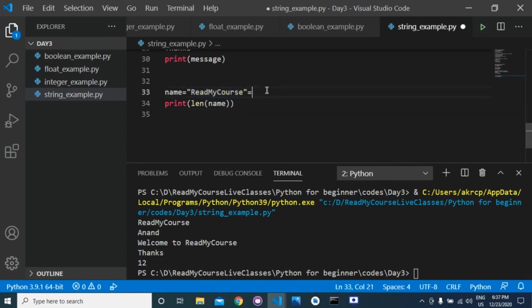This is equivalent to having R as a character, then E, then A, then D, then M, then Y, and similarly C-O-U-R-S-E.